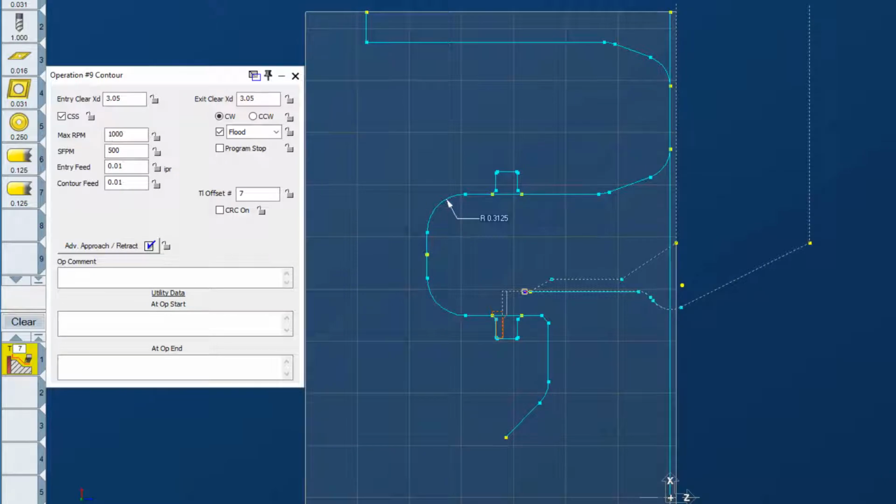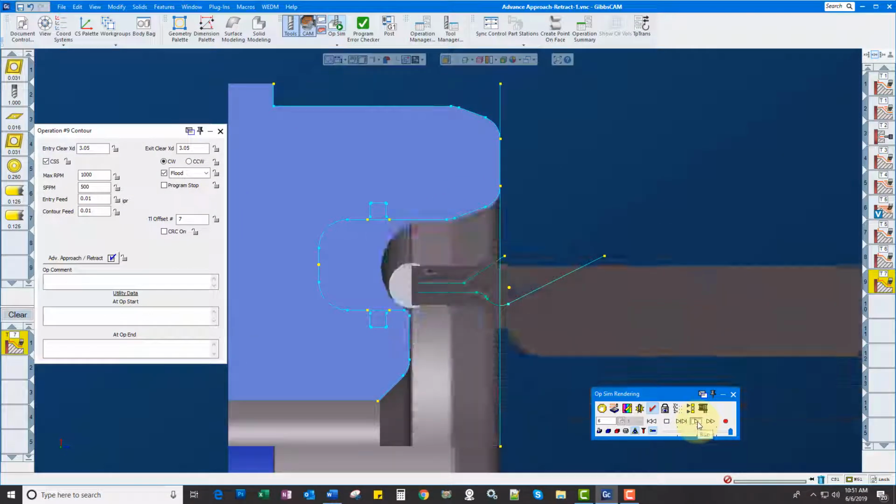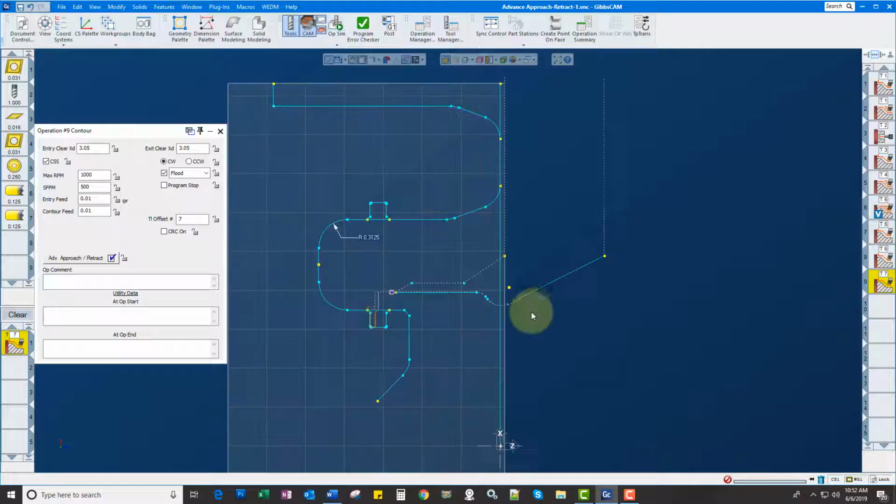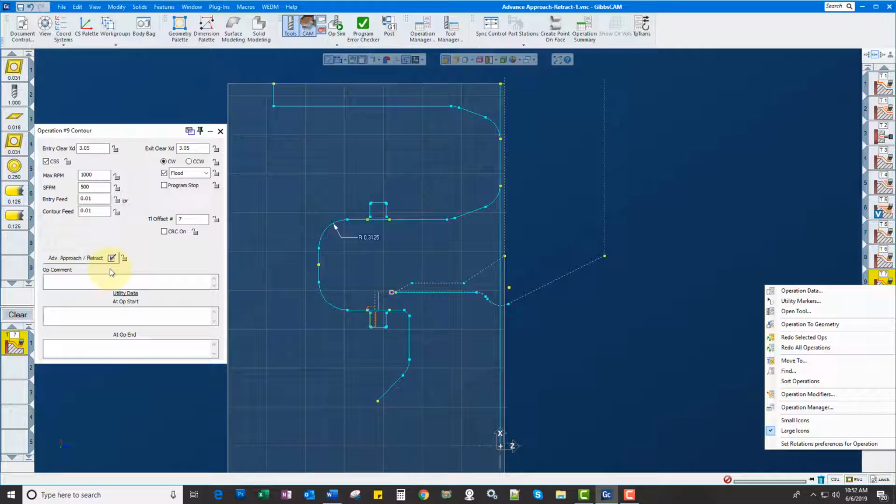And now I have complete control over, here we are, entering the part on the line I drew, and then exiting the other line. We can also do it by a point as well, one of the coolest new features in